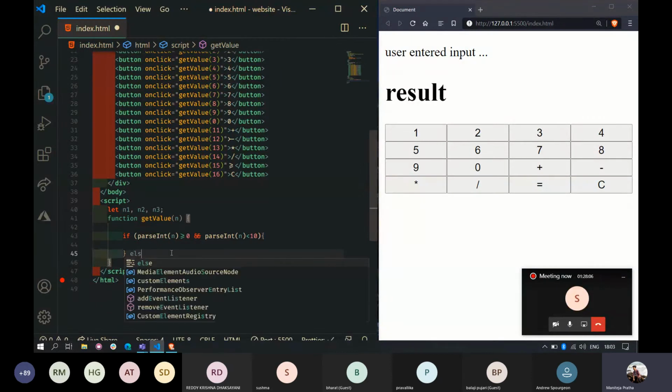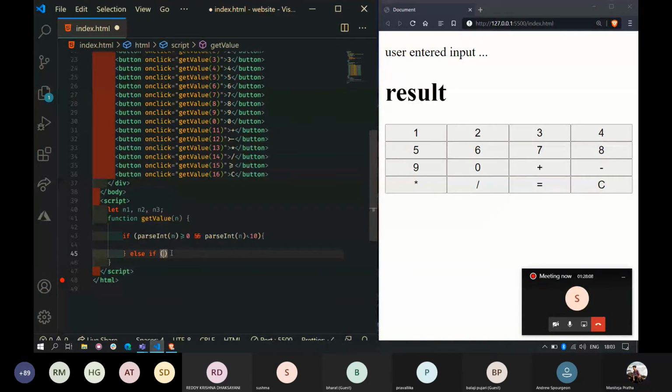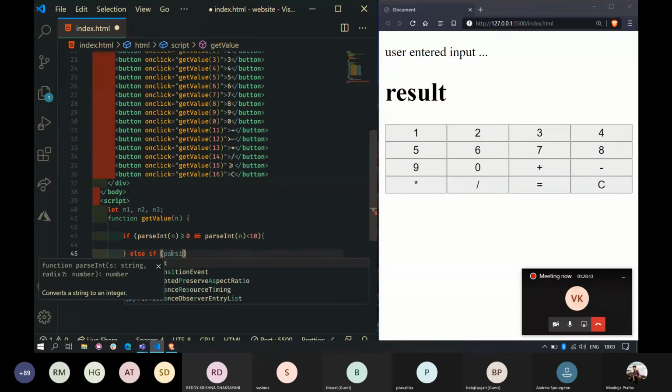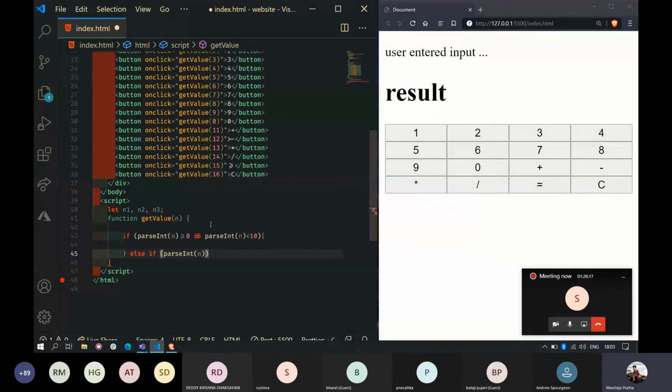Another thing, else if parseInt of n is the operations buttons value. What are the values of the operation buttons? Plus, minus, star and division, 11 to 14, right?